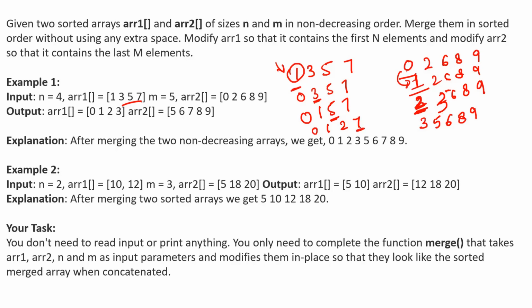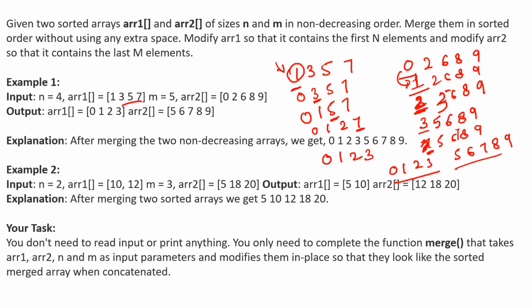Now this ith element of ARR1, we are going to compare with the 0th element of ARR2. So again, you can see 7 is greater than 3. So what will happen? Swapping. 0, 1, 2, 3, 7, 5, 6, 8, 9. So again, you can see 7 is not at its correct position. So we have to place it at its correct position. So 5, 6, here it should be, right? Let me write it again. 5, 6, 7, 8, 9.